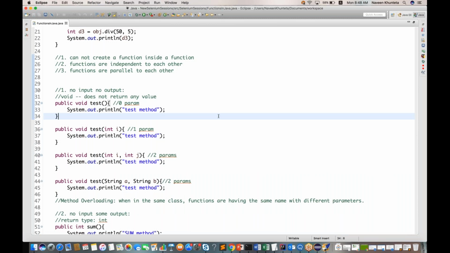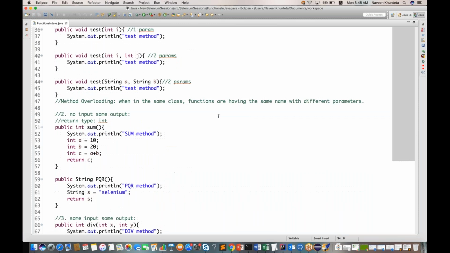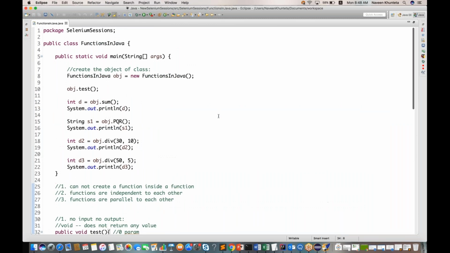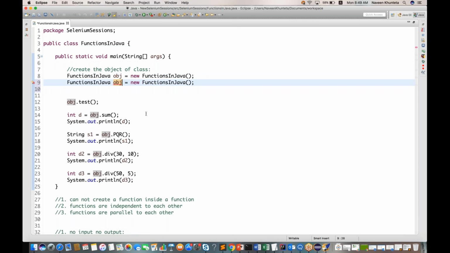Okay, so guys, this class is very important. This concept is very important, functions and all. Most people are always confused about what a function is, how to create a function, what a return type is, what an object is, how to create an object, how to call the functions. So always remember this particular concept. This is the object. Whenever I'm creating an object of any class, this is what you have to create, and you can create n number of objects. If you want to create one more object, simple, the object name cannot be duplicated. So simply write obj1, and one more object will be created. So one more newborn baby will be there, right? Like this, I can create n number of objects